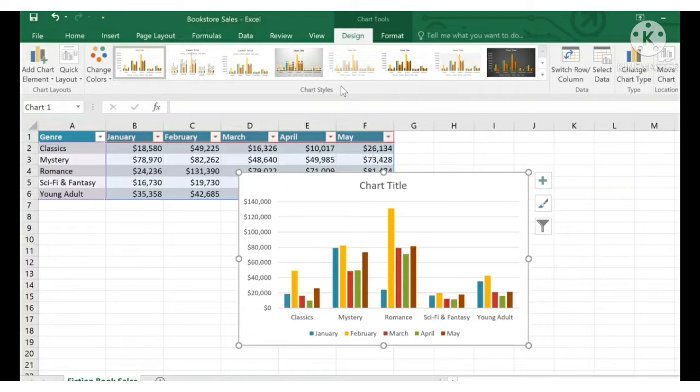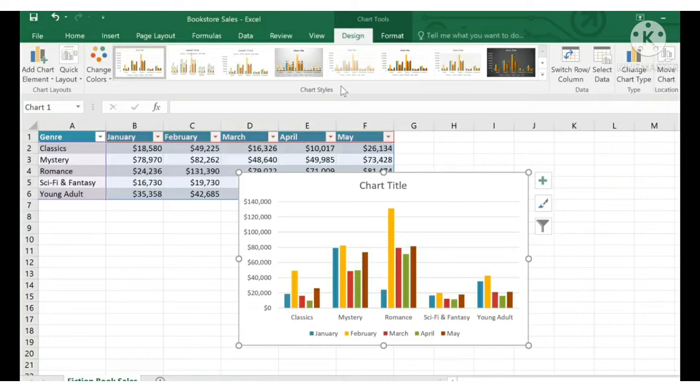In the chart tools category you can see the Design and Format tabs. These are the two tabs which help you to edit and format the chart. Which are those tabs? Design and Format tab. And children, if you want to create a chart instantly, you can press the function key F11. After selecting the data or range of cells, you can press this function key, that is F11, to create a chart.